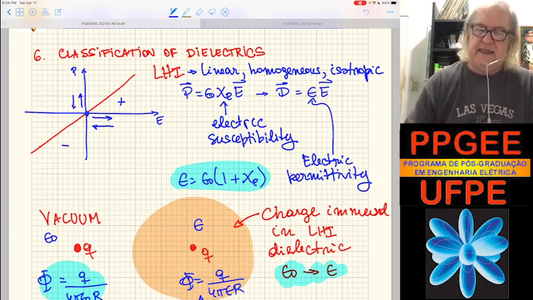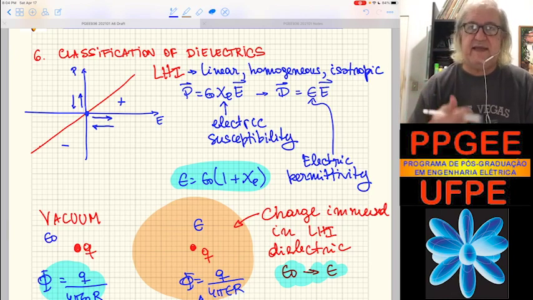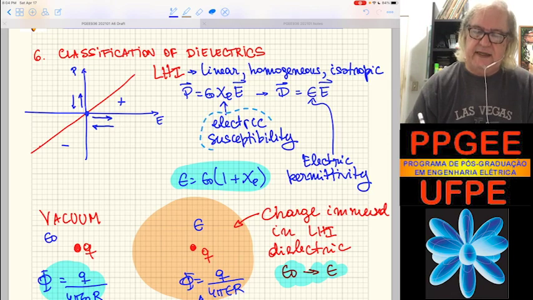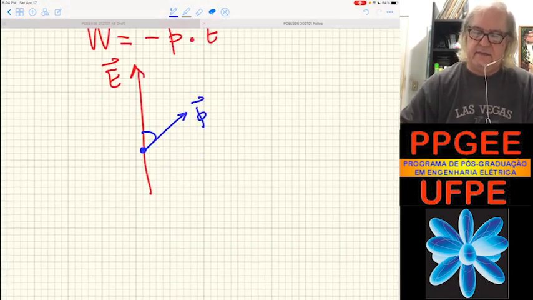The material properties of a dielectric like this, a linear dielectric, can be represented by the electric susceptibility, right? And when you calculate D using the constitutive relation,